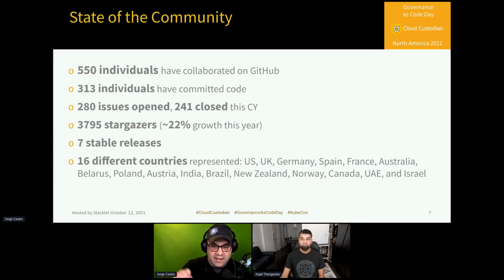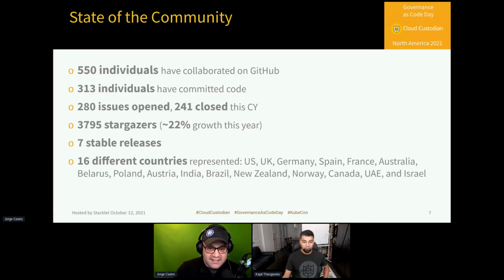So in GitHub, when you click on a little star there, it's just an easy way to see who's bookmarking your project, who's interested in it. And we've seen growth there of over 20%, 22% this year alone. And we do like to release early and often. So we've had 7 stable releases over the past year, and we're due for our 8th probably next month at some point after KubeCon.